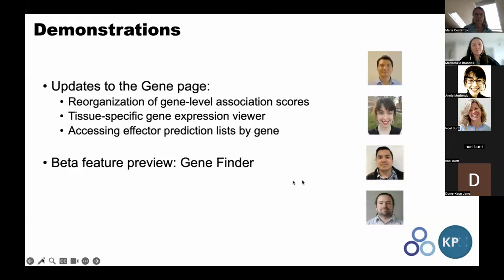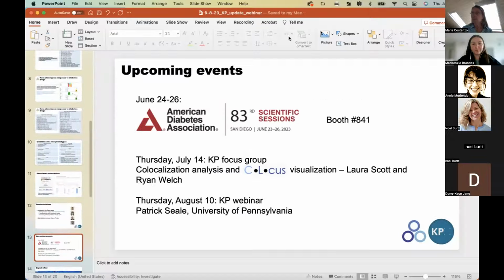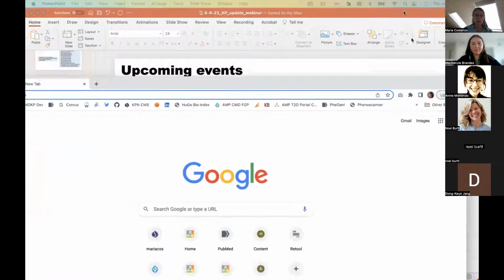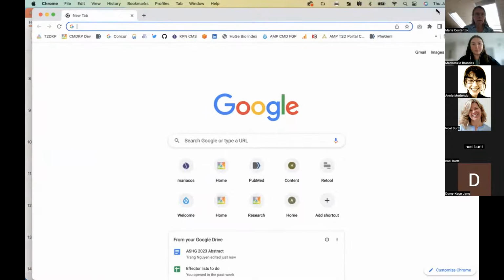Okay, and now we're going to move to some demonstrations, and we'll look at the gene page, and we'll look at work by our front-end team, who are DK and Annie and we. And then we'll also see some of the HuGE calculator scores on the gene page, a method that was implemented by Oliver. So I'm going to switch. Let me escape and get myself a web page here. Okay, so